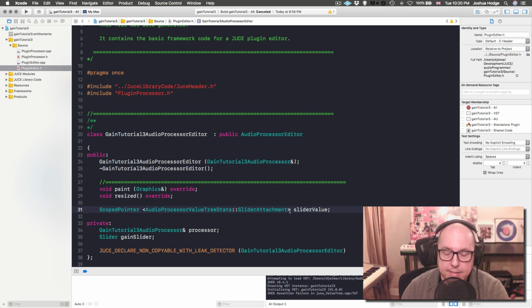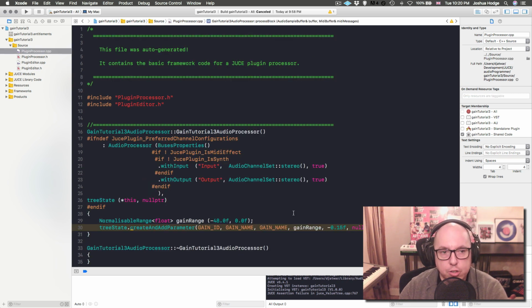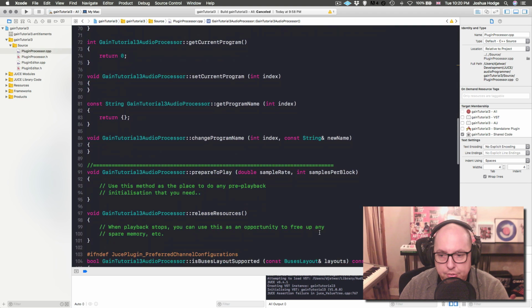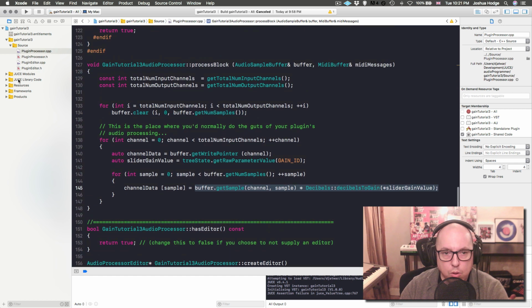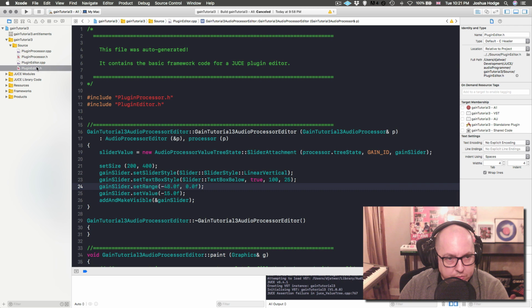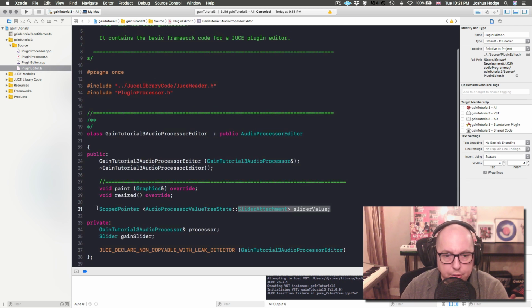So the idea is that when a user changes a parameter on the UI, this attachment will relay the value change over to the processor side, and then the tree state captures that, and then we can get the value of what the user changed it to, which would be here, and then we would just use that in our actual